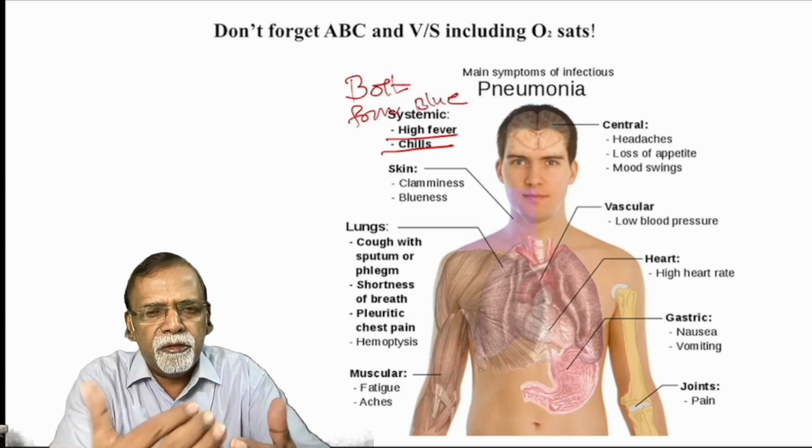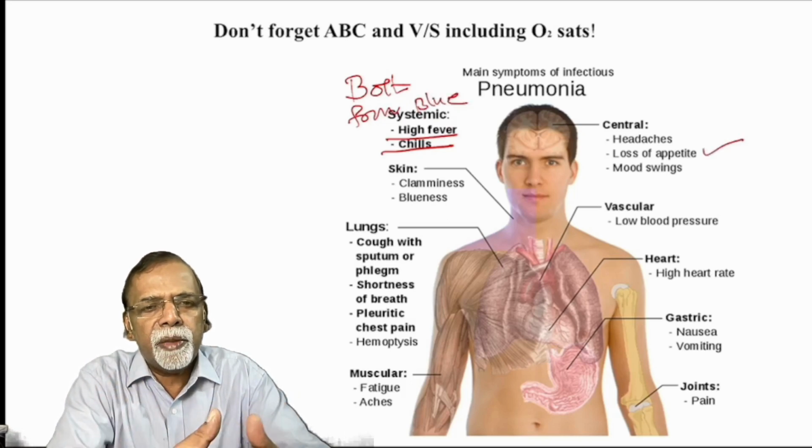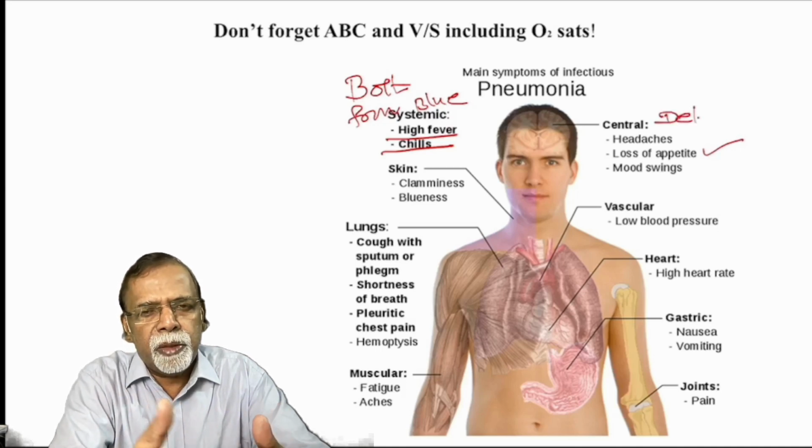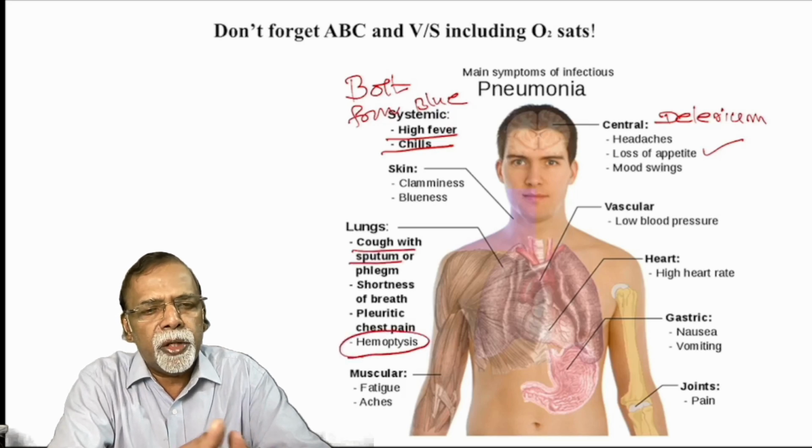Patient will have lung findings, that is alveolar inflammation. So there will be cough with sputum production. The sputum, I have already said, in Streptococcus pneumonia is a typical rusty sputum. The pleura may be inflamed and it can produce a pleuritic chest pain.